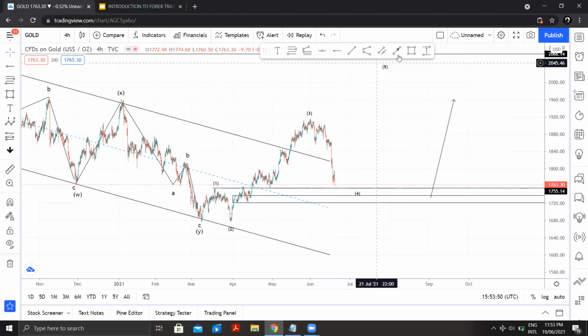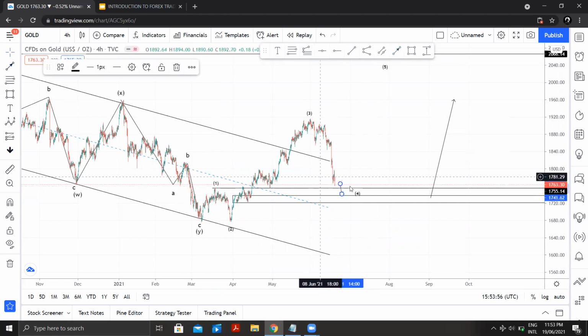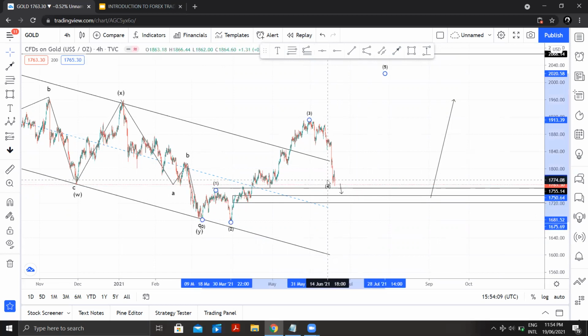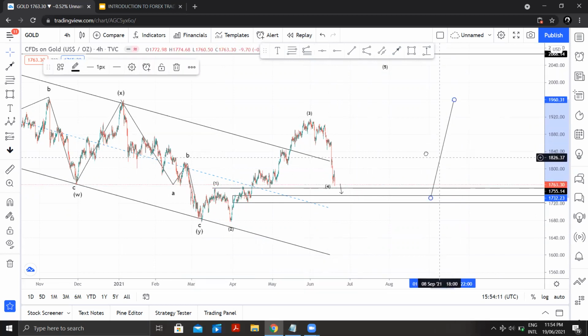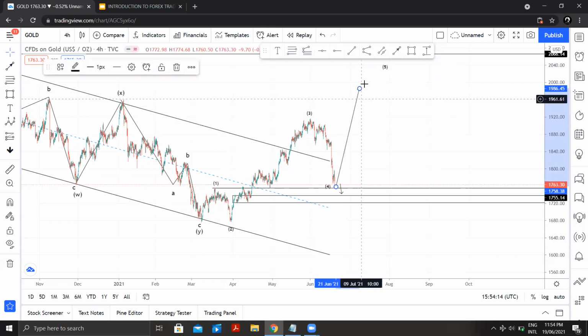If price breaks into this territory, then I believe this count has failed. But if price rejects before it enters 1755, that means wave 4 is still in place, and we'll be looking at wave 5, whereby I expect price to break above this previous high,